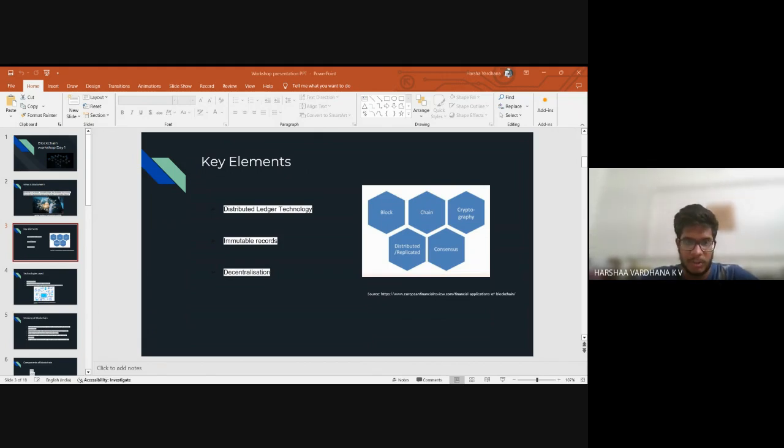So moving forward, what is immutability? As I've mentioned, immutable records. Immutability means once a ledger is created or once a block is created, it becomes extremely difficult to alter the block. It becomes practically impossible to alter the block. This immutability is achieved through cryptographic techniques and consensus mechanism, in fact, right? This ensures the integrity of data. Once the data is added to a block, once a block is created in a blockchain network, it is extremely difficult to alter it. It stays there permanently. And moving forward, I'll be talking about transparency. All participants in a network have access to the same ledger,